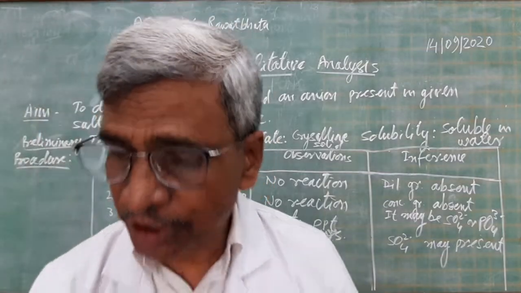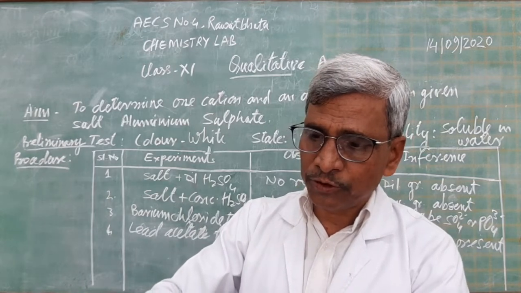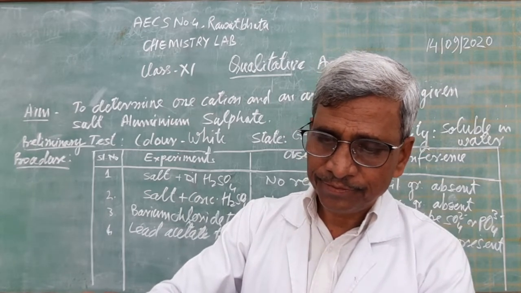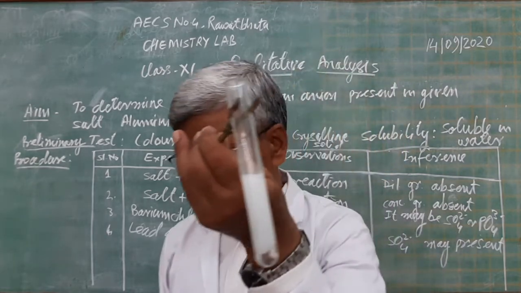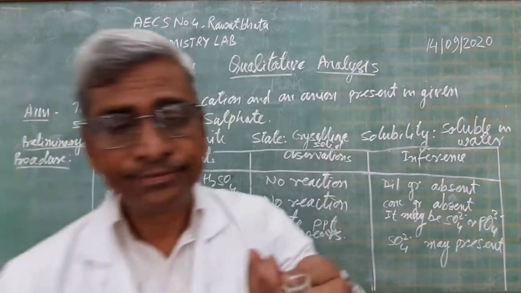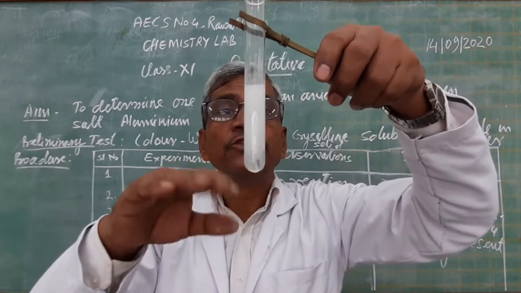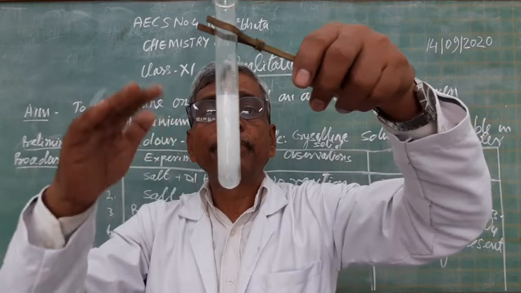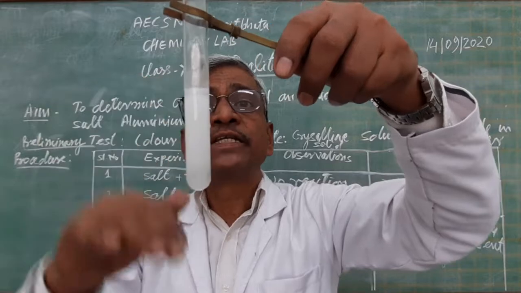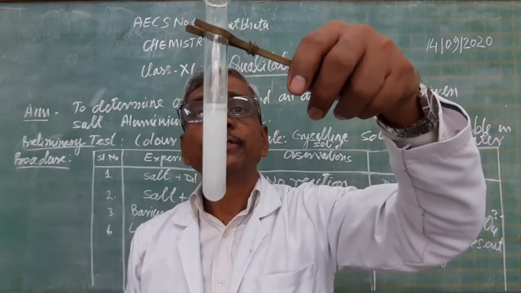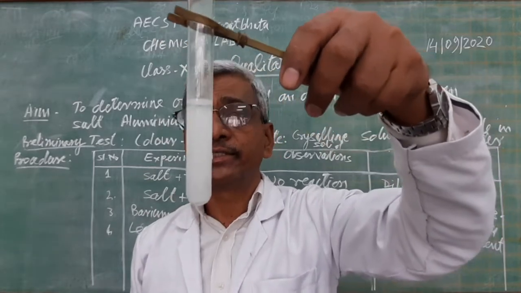lead acetate solution. Here is the lead acetate solution. Add lead acetate solution to this. See that. This white precipitate again appears. White precipitate is formed. Here is the white precipitate. See that the particles are going to settle down. It is quite heavy. The settling of the particles has started and the solution is going to become transparent from the upper side. This shows that sulfate ion was there, which combines with lead and forms lead sulfate.